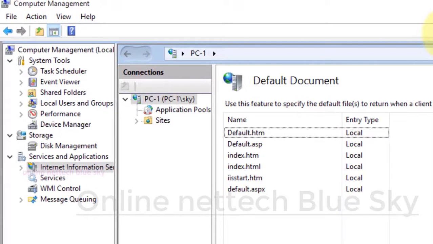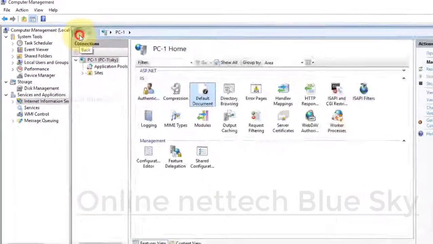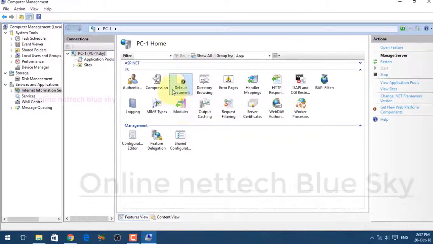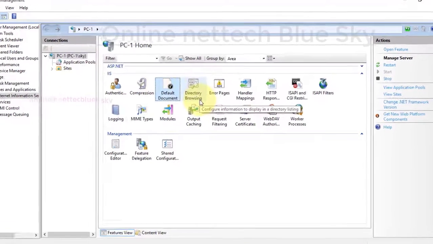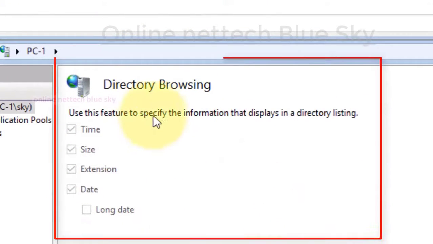You can see computer management, file, action, view, and help showing four tabs in this system. I'm just teaching you computer management through these IIS systems. You can open Control Panel, Administrative Tools, and IIS systems.